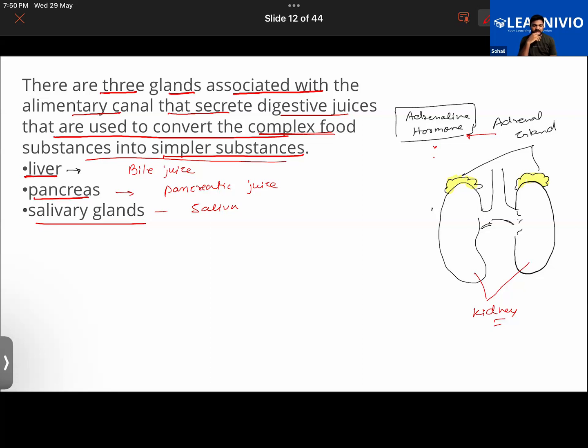So bile is necessary for the digestive process also, because the fat that is found in the food has to be broken down, and the liver helps in the breakdown of fat by secreting this yellow colored juice called bile juice, which helps in digestion. Hope you guys are getting it.